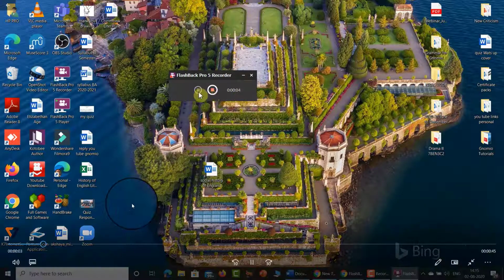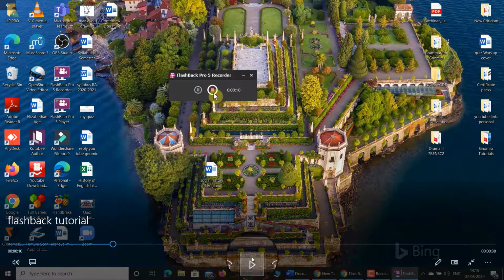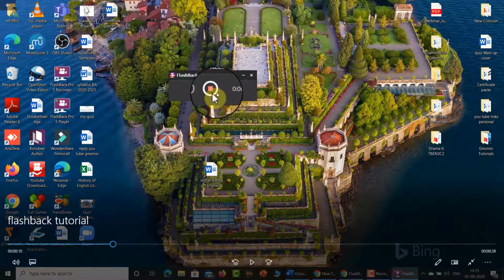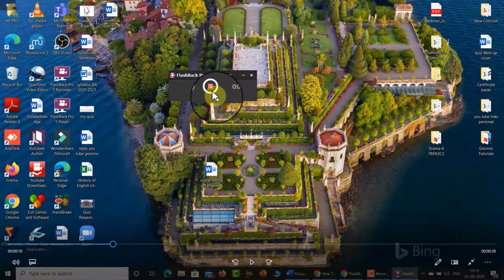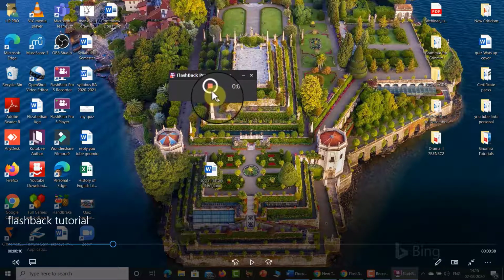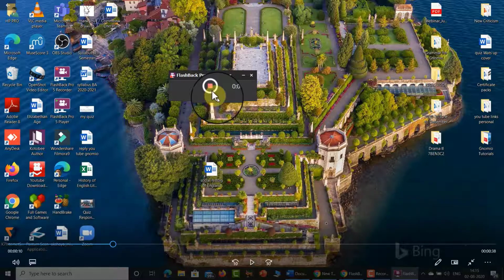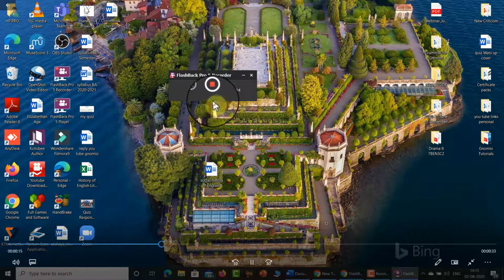It is recording now. So you see the time is running, 2-3 seconds, and this is the pause. This is the stop button. One more thing is by default the cursor is highlighted. The good option the Flashback Express gives is a transparent mouse recorder, which is not even available in Camtasia. If we want this one, we can only do it in the editing options. But here Flashback Recorder gives it free. From the keyboard, press Ctrl Shift and Y button, so it will stop.